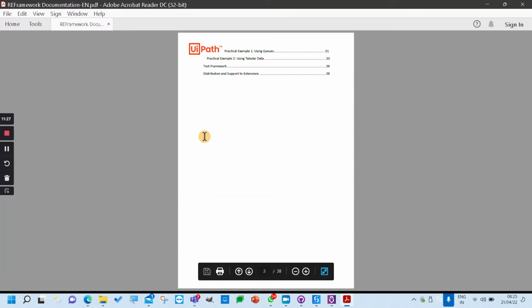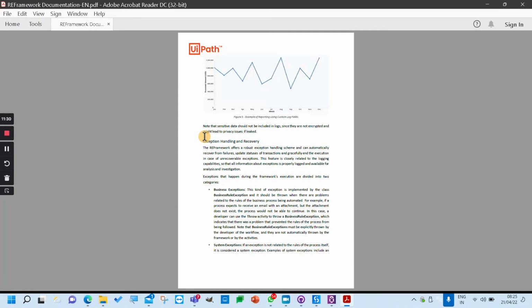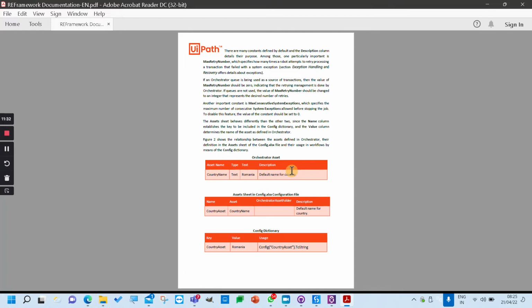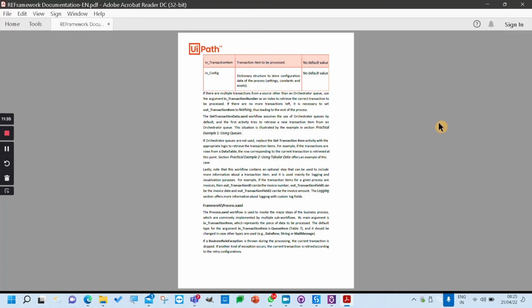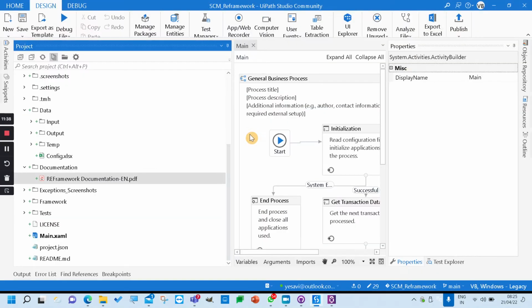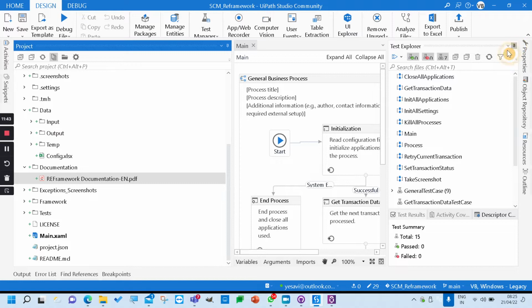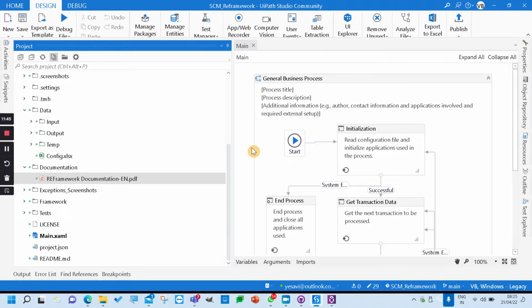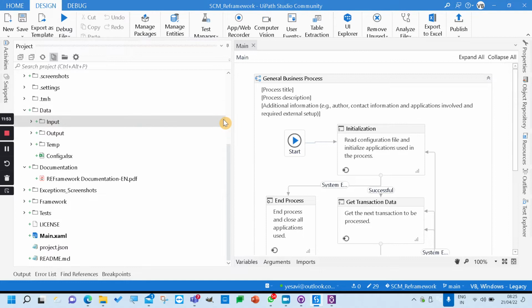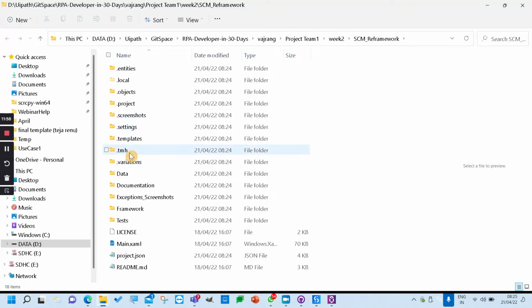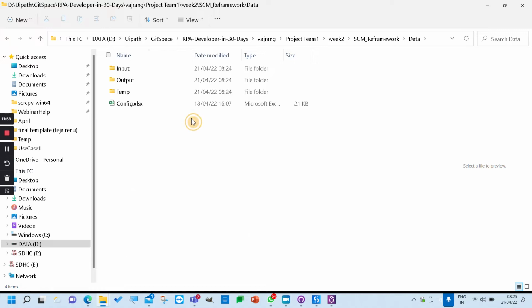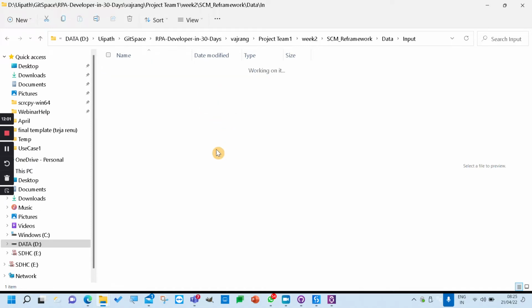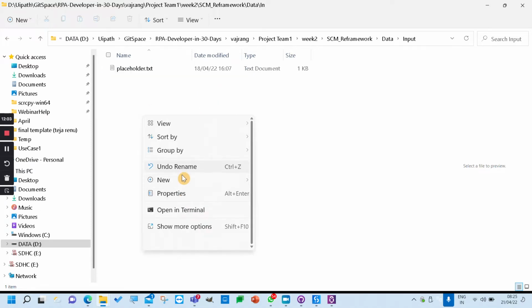So any kind of question you have, or to understand what things and how things will move, everything will be available in this document. But for now, let's go ahead and close it and see how we can convert that. Now, to have multiple data, let's have some assumptions, or let's understand that we need to create something in this input folder, in the data, in the input folder, let's add a new